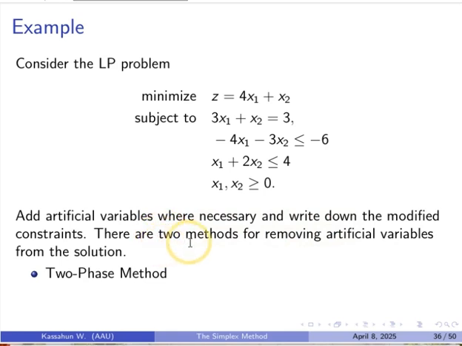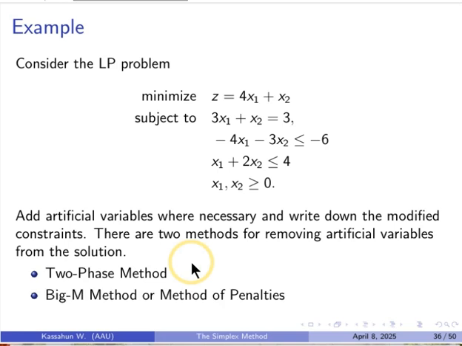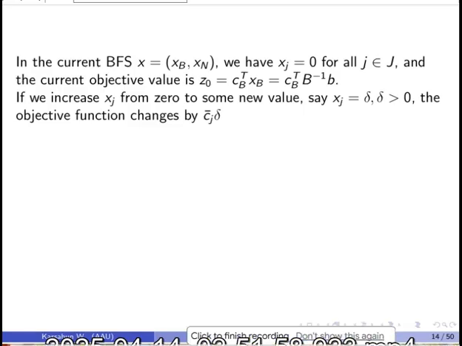There are two methods for removing artificial variables. One is the two-phase method, the other is the big-M method. With these two methods, we conclude our discussion on the simplex method. Okay, last